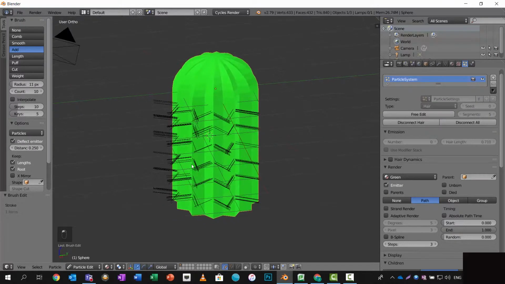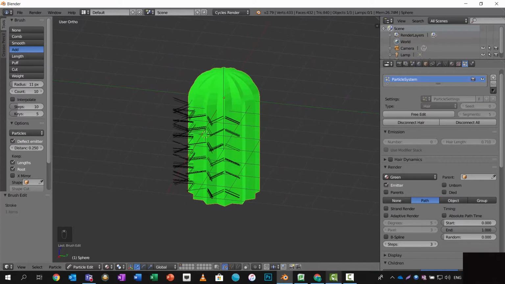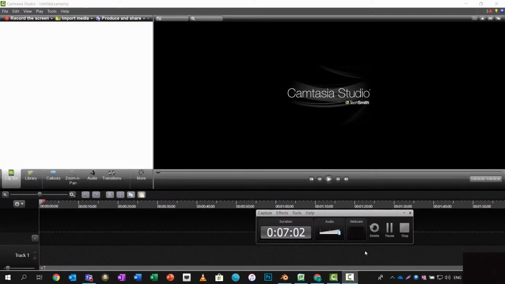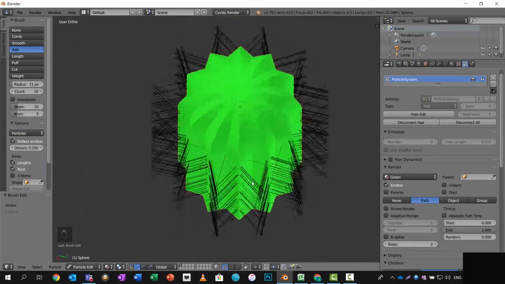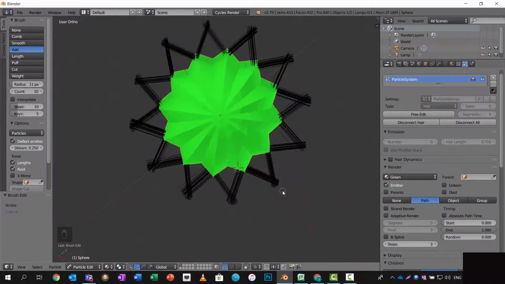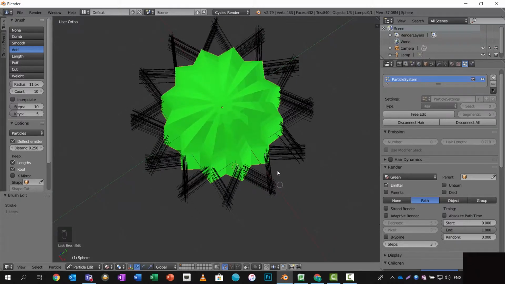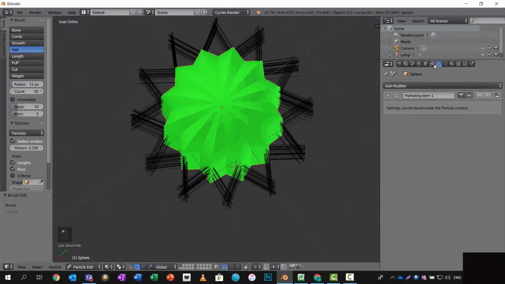For the purposes of this video, I'm going to pause it. So I've got the main part of the body done with some spines. They're going out in a very regular fashion because there's not much to the